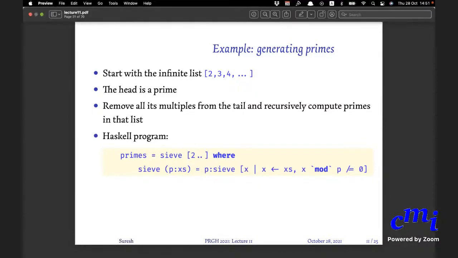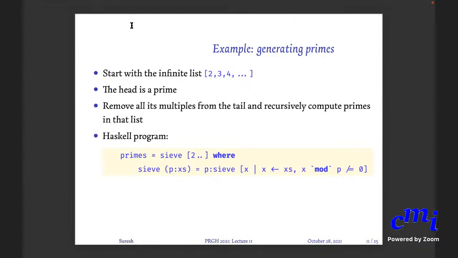Yeah, sir. Could you please go over this? Yes, good. So suppose I want to generate the first 100 primes. Then I told you that the easy way is to generate all primes and then just take the first 100 primes. And how do you generate all primes? That is what we are going to do here.